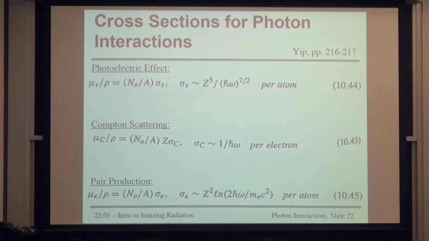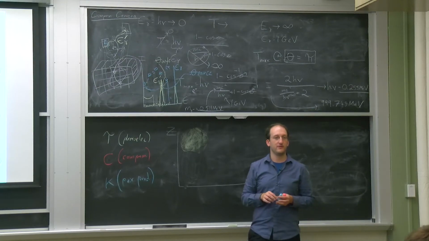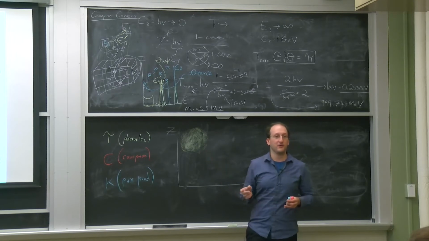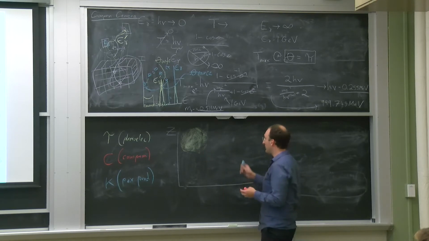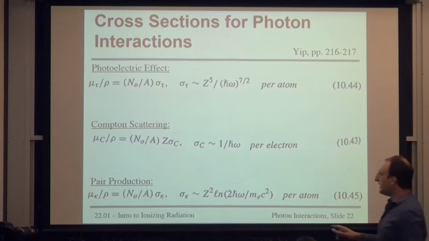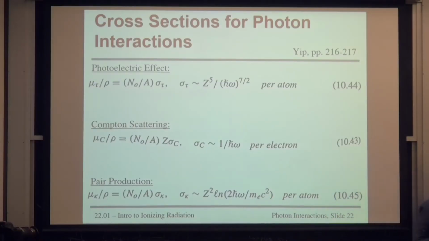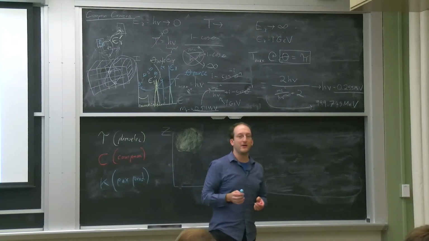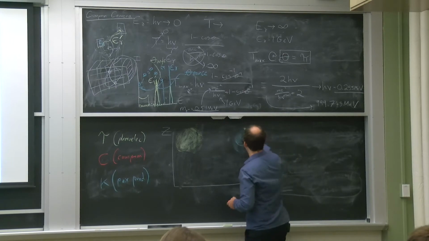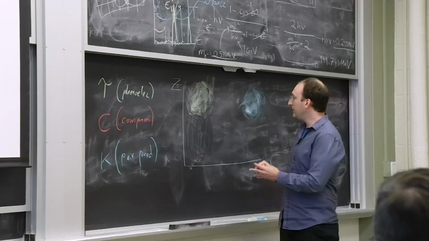It scales with Z squared. So is that going to be in the low or the high Z area? I think still high. Just the bigger the Z, the bigger the cross-section, right? So we know that pair production is going to be in the high Z area. Now how about the energy? It scales with the log of energy, but the energy is on the top. So will a low or a high energy give you more pair production? High. So pair production is going to be here, leaving everything else